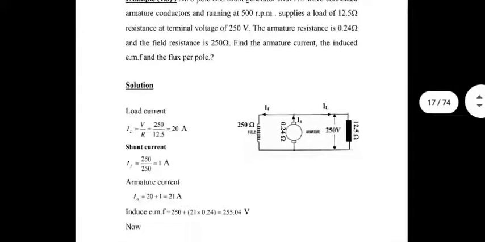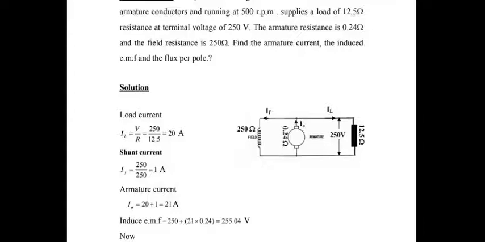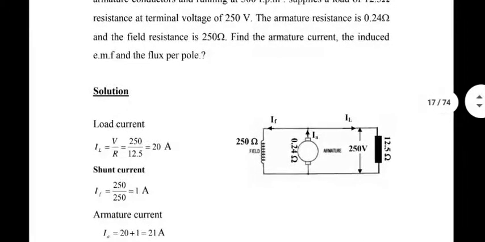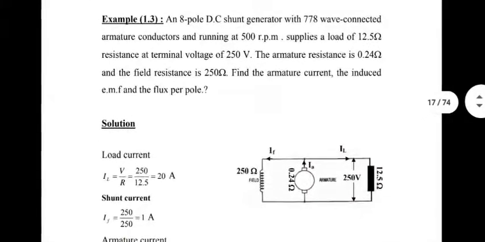I would strongly advise you to draw the equivalent circuit before doing anything. It helps in minimizing the confusion, especially during exams when you are under time pressure. It's a shunt connection, so field winding resistance will be in parallel with the armature. Okay. As in the previous problem, here also the equations are the same. IA will be IF plus IL. In my notes, I don't say IL, I say only I.